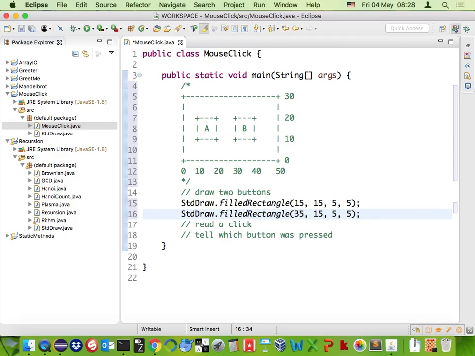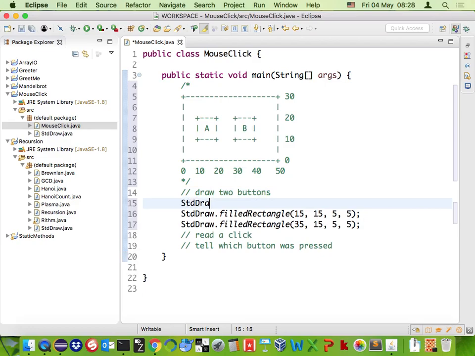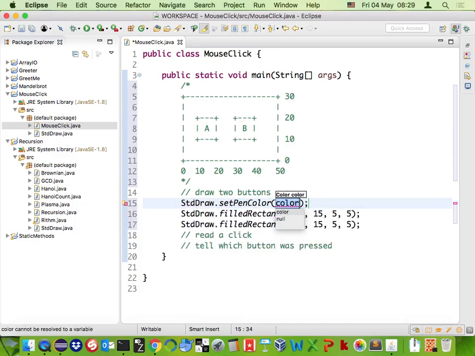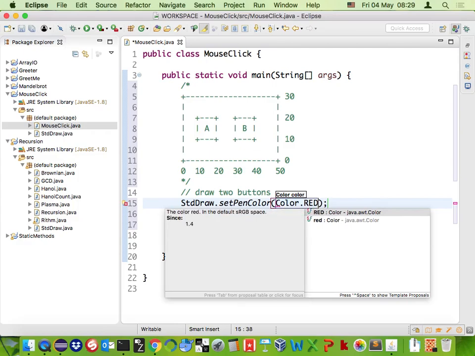Okay, small issue though. I'm drawing filled rectangles, but what color are they? And what's the background color? What's their color? I know you've all read the chapter on standard draw in the textbook, so you probably know this stuff better than I do. But you know that we have to set the pen color to Color.RED